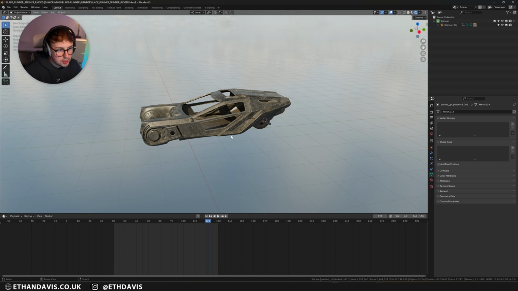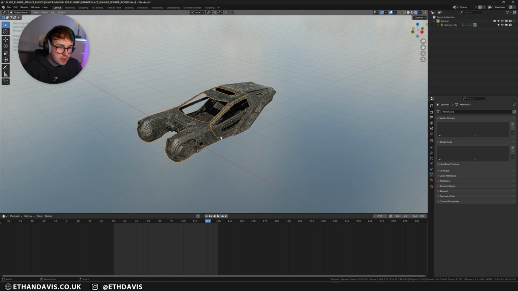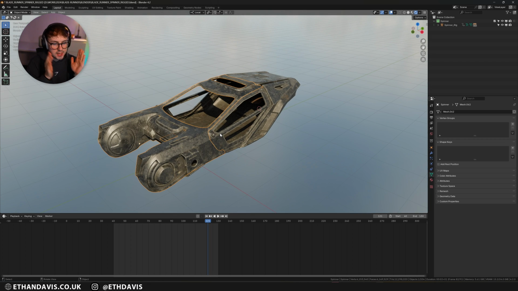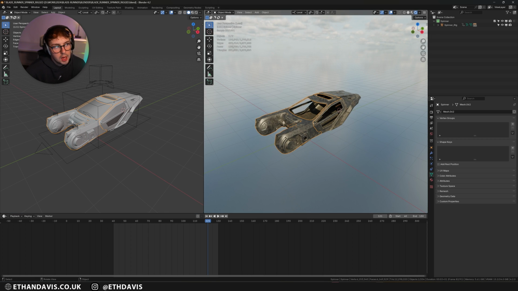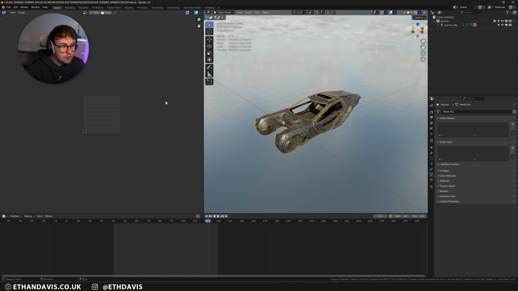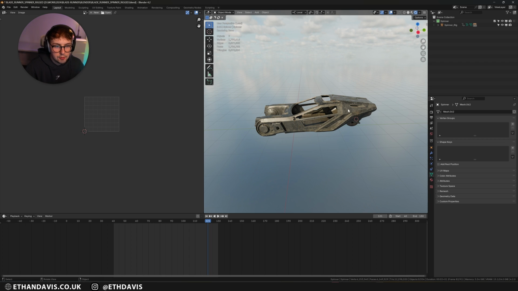Once you've got your model unwrapped, the way that you pack it into those little squares is by using an add-on. Well, I used an add-on for it anyway. I'll first select everything, and because I've selected different parts to use different materials, I can now use UV Packmaster to pack into specific squares based on material.